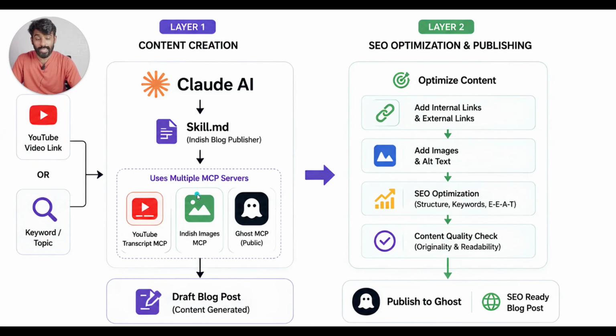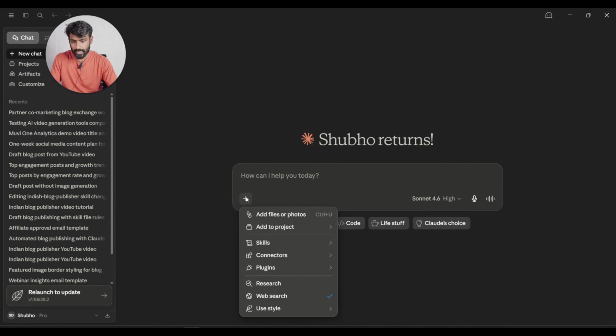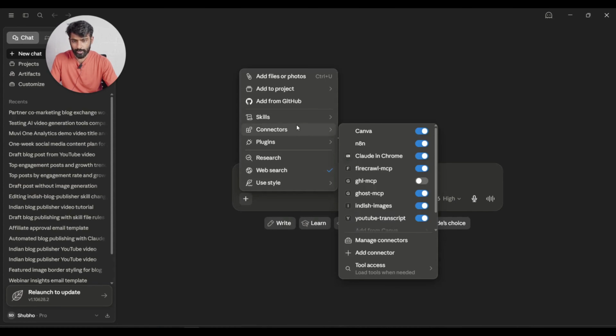So let's get started with layer 1 and layer 2 first. Now you can see that we are inside Claude AI. So before I get started, I need to show you something like the Claude skills and the MCP tools that I have. So I'll just simply click here on this plus, and then you can see in the connectors,